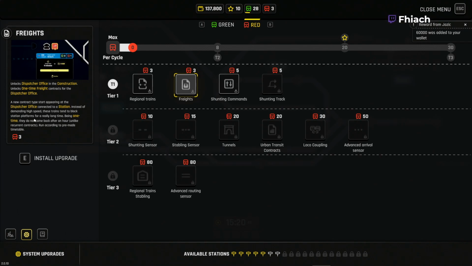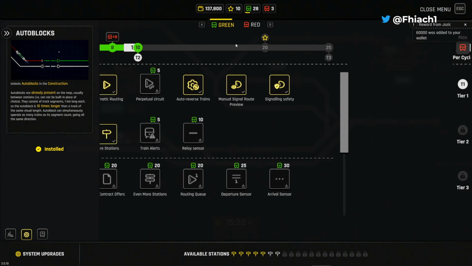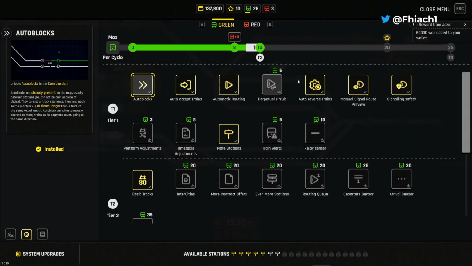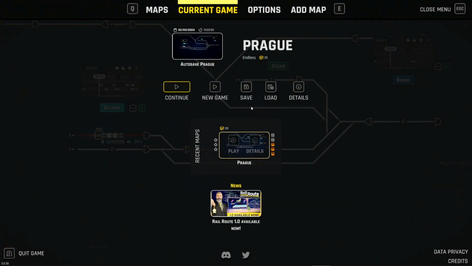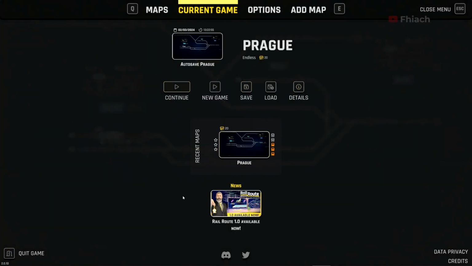They tend to block station platforms for a really long time. Okay, fair enough, right? Simulating them unloading the freight and all that. That's cool. It puts a different dynamic on it, right? But then, yeah, if we go back out here,